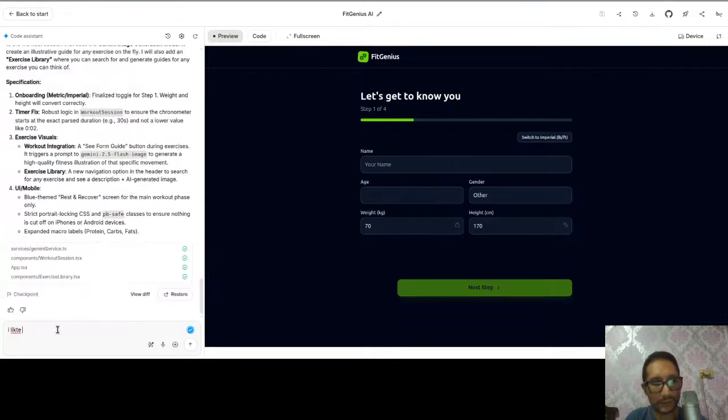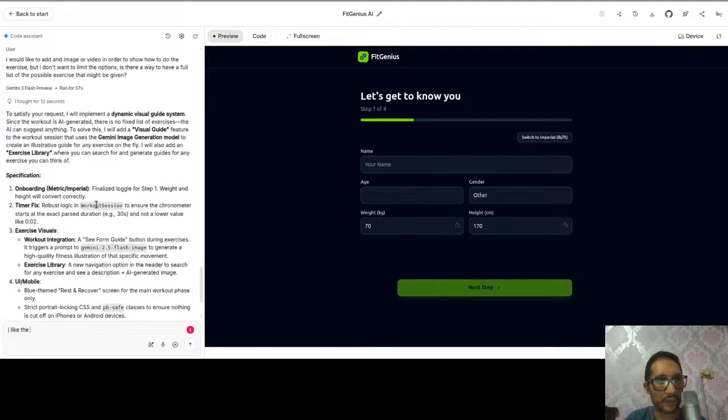I like the visual guide generation, but it will cost too much since it will be generated every day and at least there are 10 images.